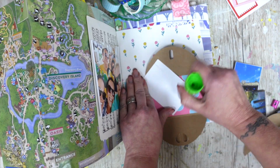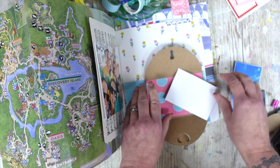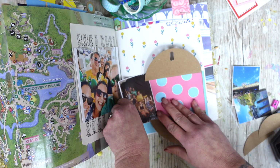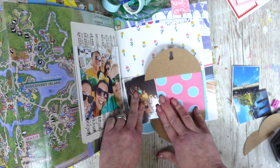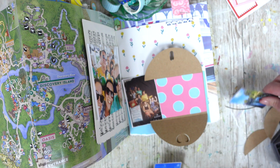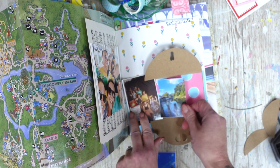Let's pop this down here. This isn't going to be something that takes me hours on end. This is going to be quite a quick page because I really want to go and make some dinner. I'm hungry now. Just got to work out how...